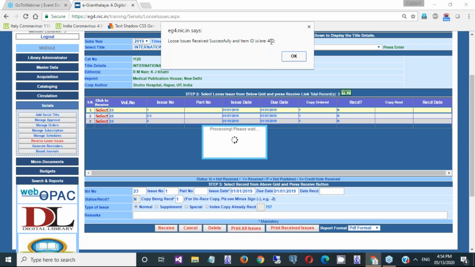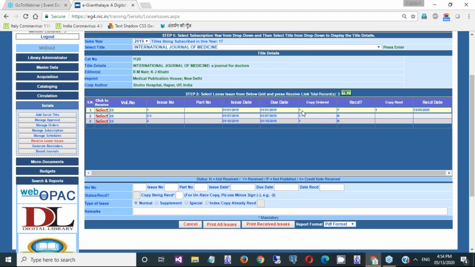You should write it on that particular loose issue. This is basically the accession number of the loose issue. Using this number, you can circulate this issue in the circulation module. Or you can even generate a barcode of this number and paste it on every loose issue for issue and return.